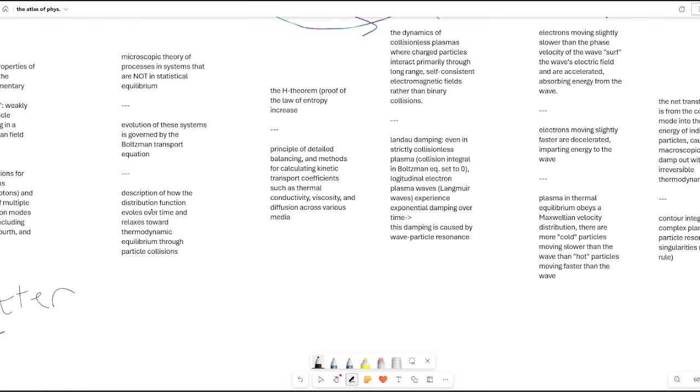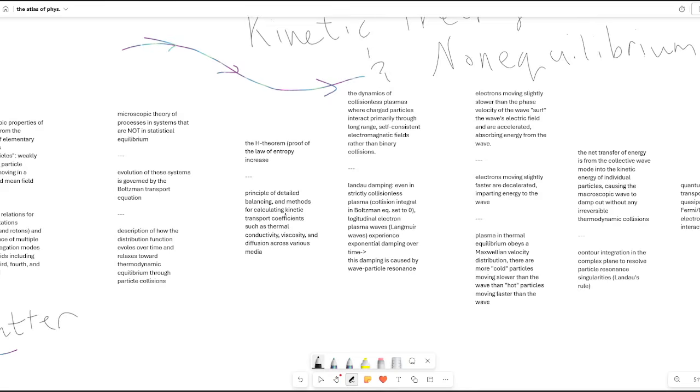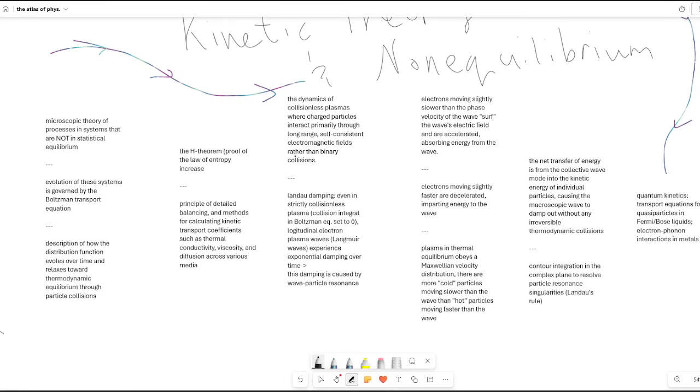Basically, you need a description of how the distribution function evolves over time and relaxes to thermodynamic equilibrium through particle collisions. And the formal proof of the H theorem, or the proof of the law of entropy increase, is also something you would want to look through as well. The principle of detailed balancing, methods for calculating kinetic transport coefficients such as thermal conductivity, viscosity, and diffusion across various media. The dynamics of collisionless particles, where the charged particles interact primarily through these long-range, self-consistent electromagnetic fields rather than